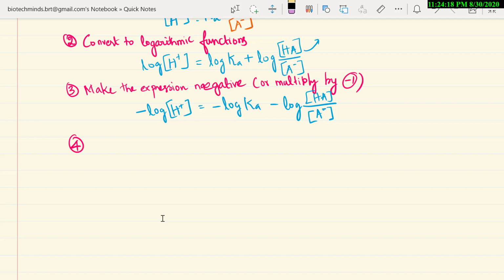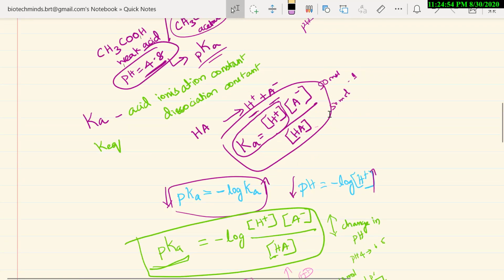So what we are going to do in this step? We are going to substitute pH for this minus log H plus. Okay, so in terms of this minus log H plus, we are going to apply pH. And what are you going to apply? In the last class, about explaining the term pKa, I have told this minus log Ka will change in terms of pKa. I think I will show it there, because you can recap that last class.